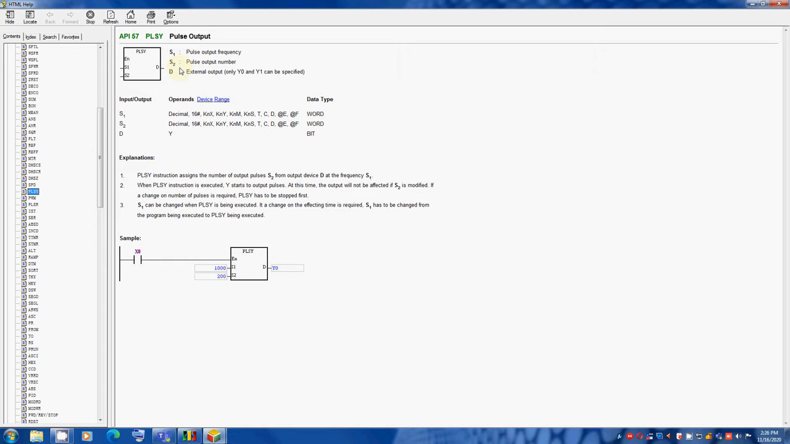That is, S1 is the frequency, S2 is the number of output pulses, and D is your output, that is the actual hardware output. Here at S2, you can enter the total number of pulses which you want or need to give to the stepper drive. And the frequency